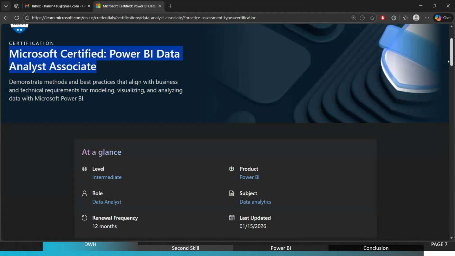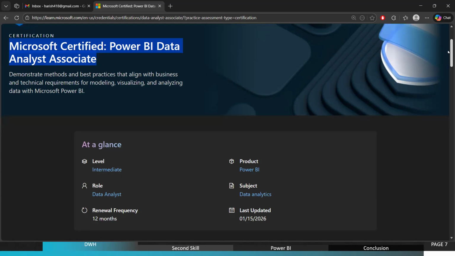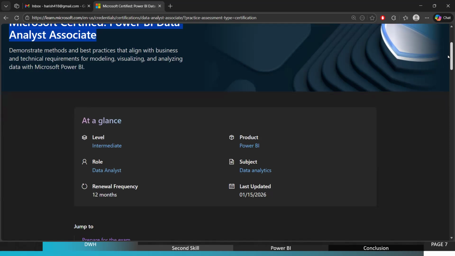Now, since we want to switch our career or start in IT, or switch our career or technology, whatever it may be, whenever we are applying for jobs, we definitely need to have a certification. It increases the chances of our resume being selected for the interviews or the next rounds. So that is the reason, as and when we are going through training, we should be focusing on this certification also.